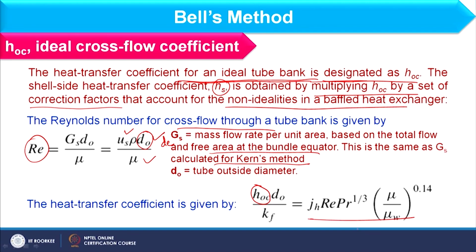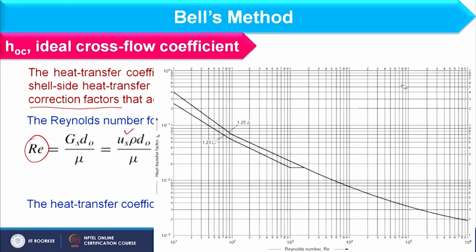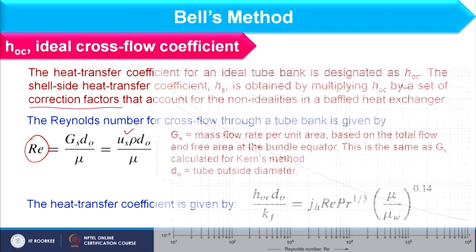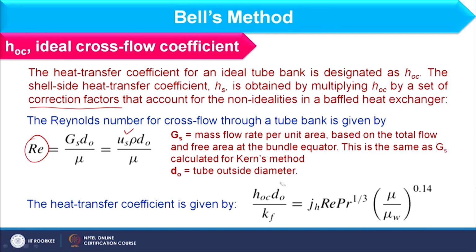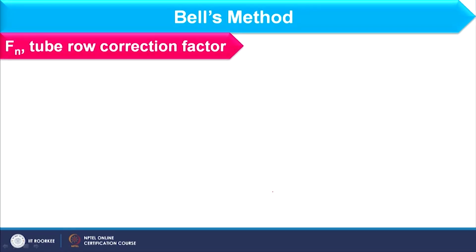This is the expression where the JH factor you can find from this graph according to the Reynolds number, and then you can find out HOC from here. Okay. So, in this way we consider the ideal cross flow coefficient, and then we will multiply this with different correction factors. Okay. So, first of all I am considering the tube row correction factor, and that I am representing as Fn,